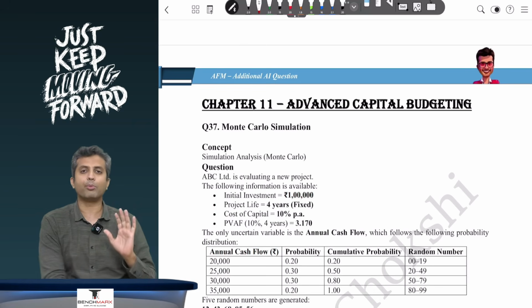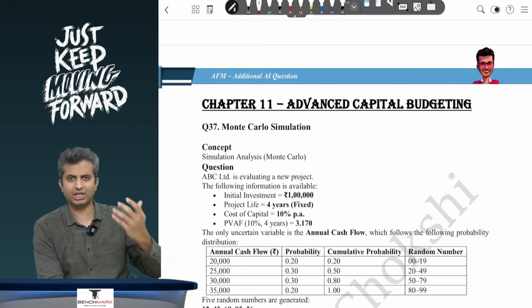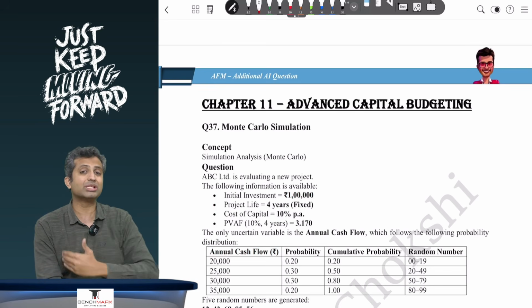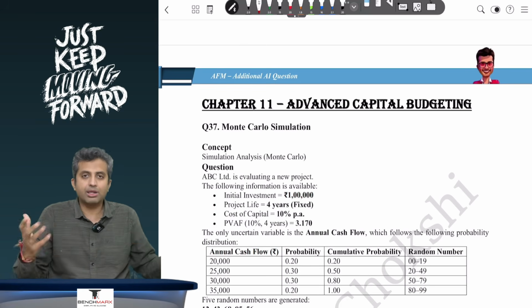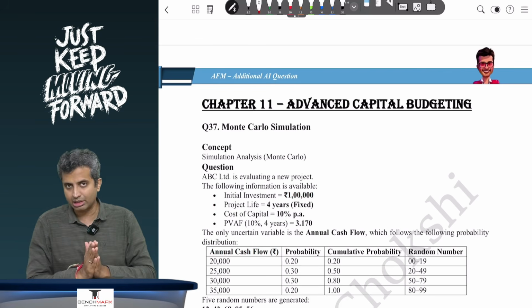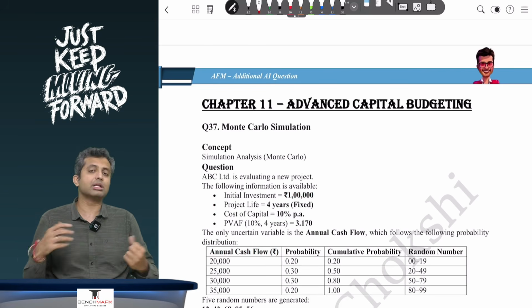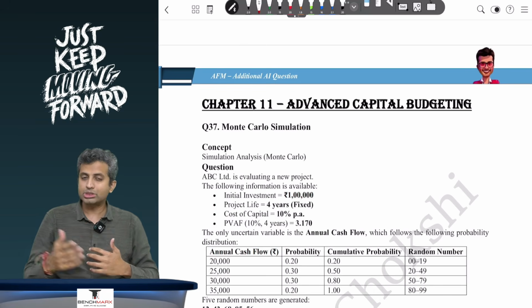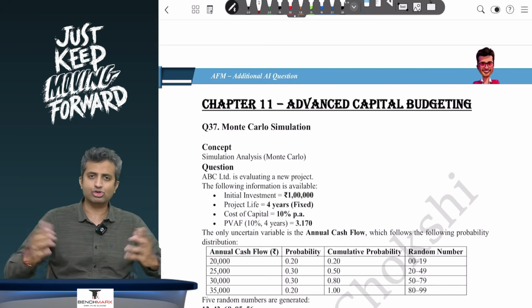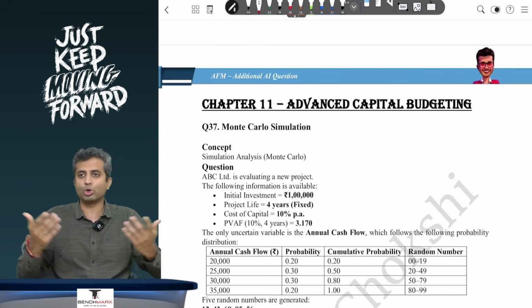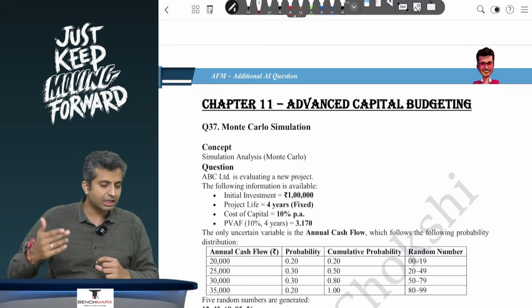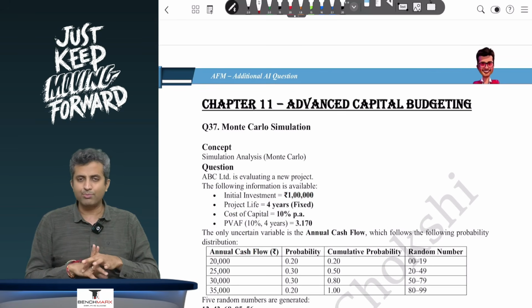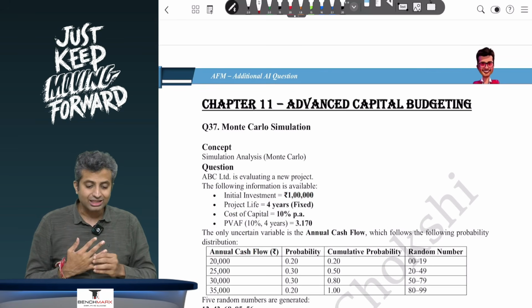to, let us say, your important variables like cash flow and project life, for example, and then try to calculate NPV using multiple random permutations and combinations generated. Now, this practically is done by a computer, and maybe there are hundreds, thousands, and lakhs of different combinations. You can just put an input in a Monte Carlo simulation software, and it can generate different runs for finding these NPVs, and that can be possibly